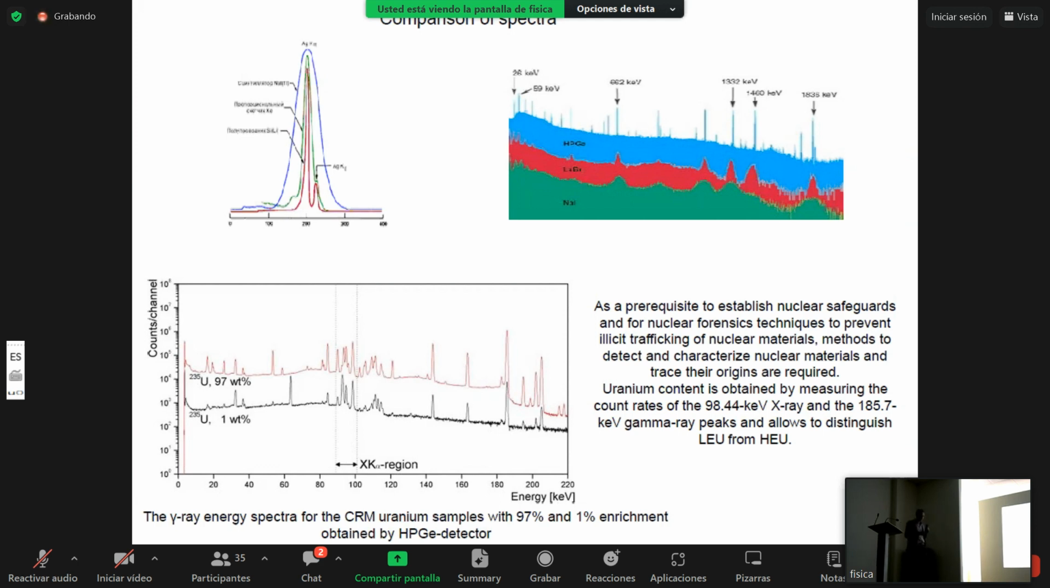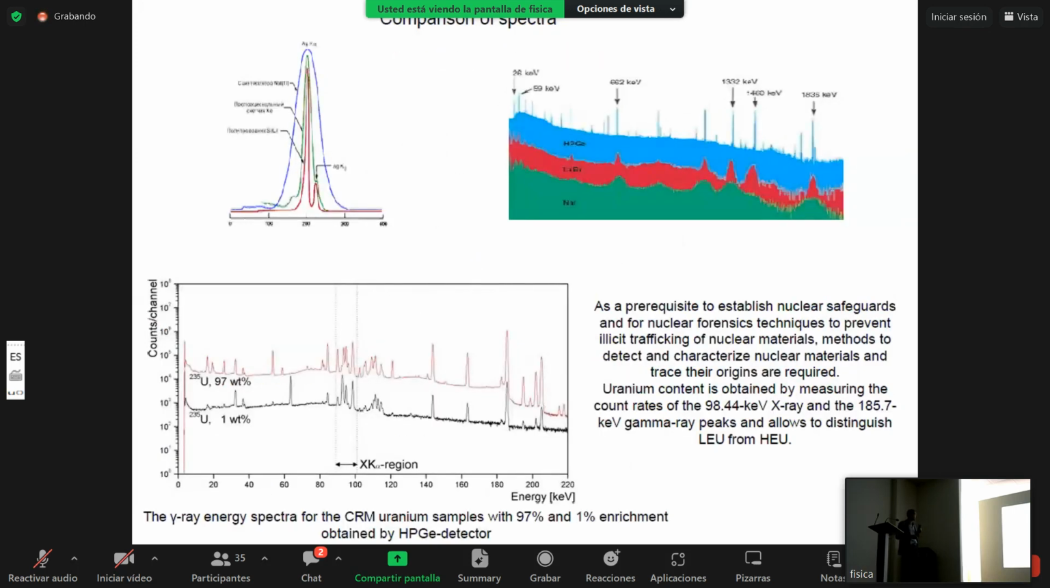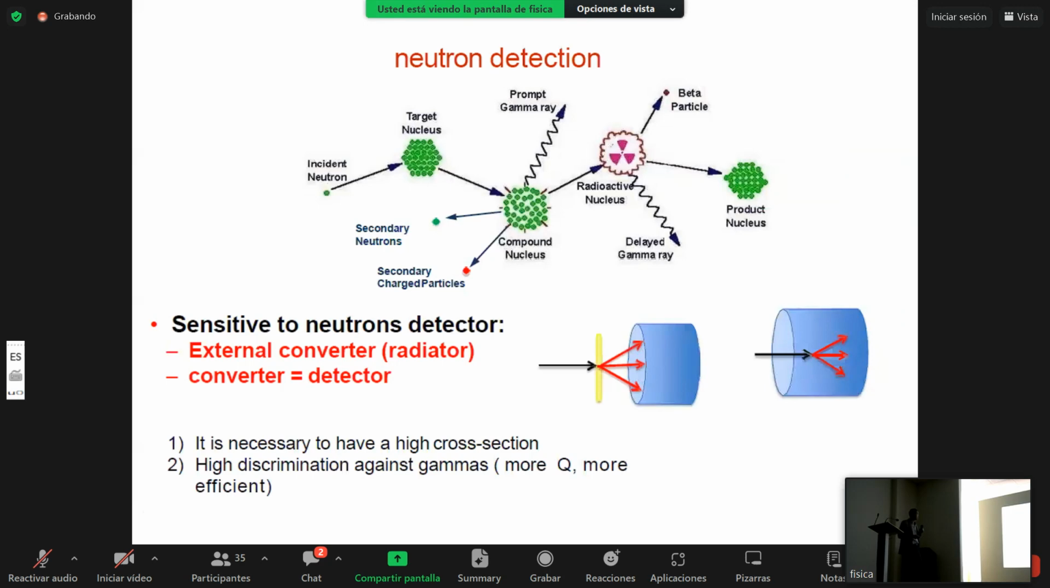It can be done with a high-purity germanium detector. Let's move to the second part of my topic today. This topic is devoted to neutron detection. And neutron detection is more complicated compared to gamma ray spectroscopy, specifically neutron spectroscopy